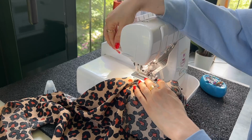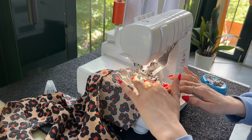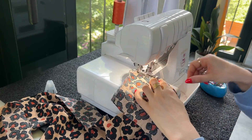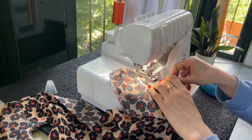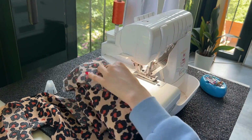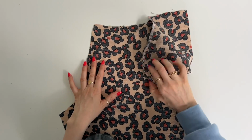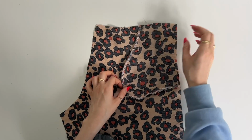Now stitch both pocket pieces together along the curve and a 1 cm seam allowance. I'm using my serger here. If you don't have a serger, just stitch with a regular straight stitch and finish your seam with a big zigzag stitch. The pocket is now still kind of loose, and now place it on your front piece so that